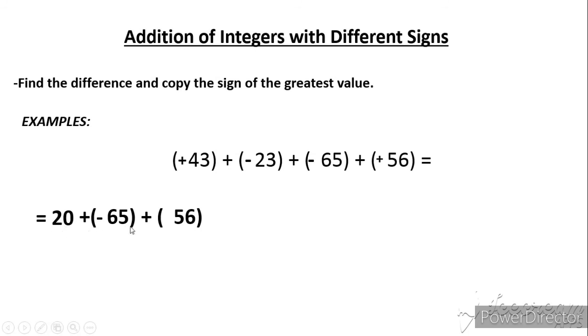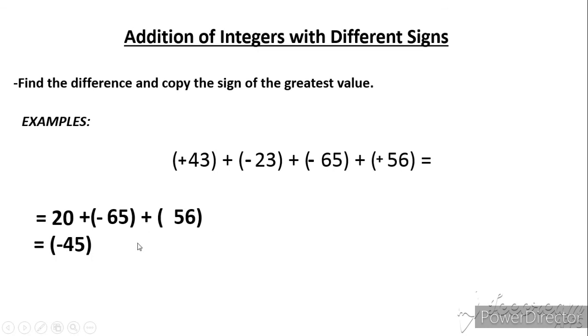So you have to subtract 20 from 65 because different sign. So 65 minus 20, that is 45, and the sign of 65 is negative, so it is negative 45,